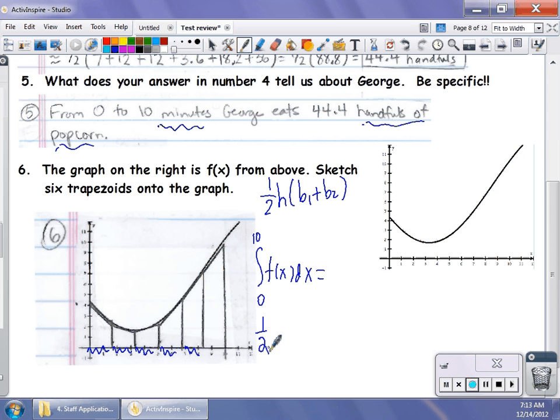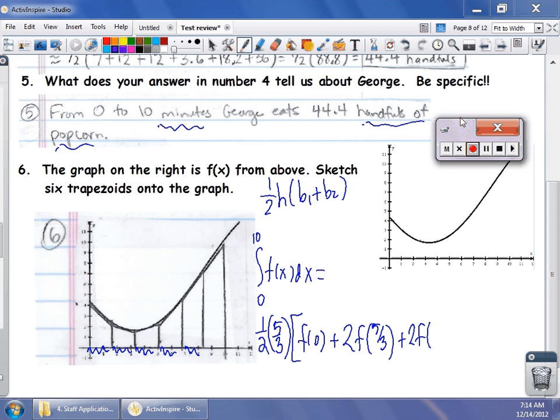In this case, we had a common height, we said, of 5/3, multiplied by the first base is used once. So the first base would be f of 0. That's how tall the first base is. The second base is used twice, so we have 2 times f of 5/3. Remember, we're traveling 5/3 of a unit to get to the next endpoint, plus 2 times f of